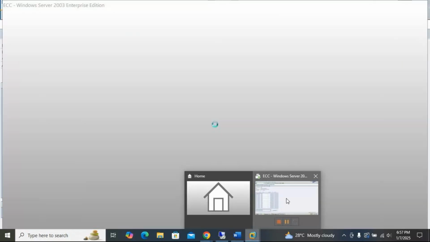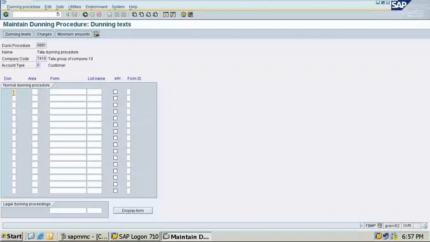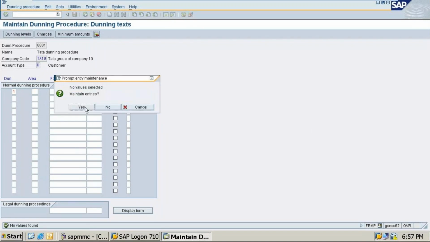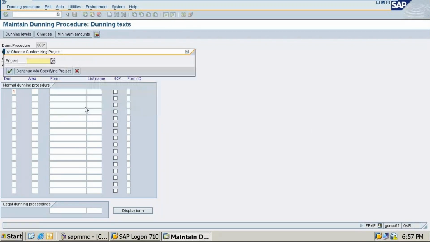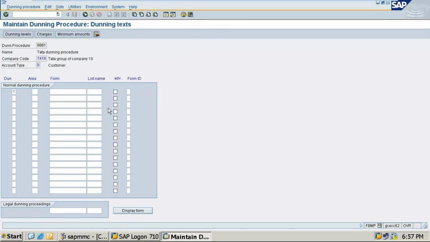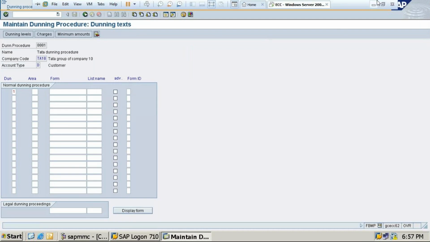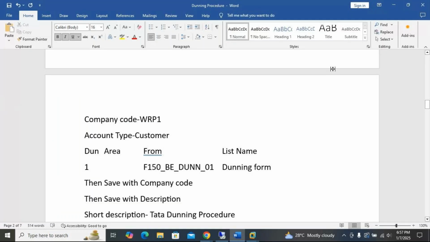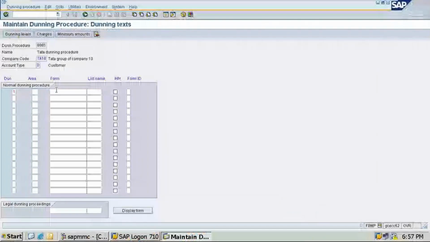So here it is one, Dunning procedure, maintain entries. Then from this one, and Dunning area we need not do, Dunning area list name. So by default you have to take 0, 1.